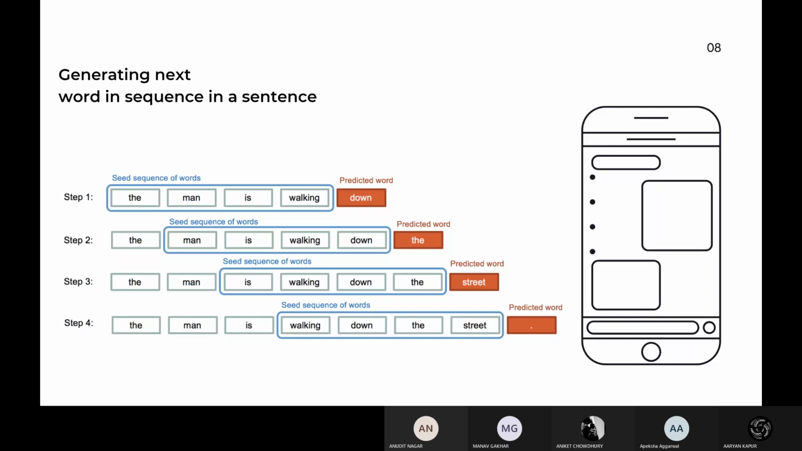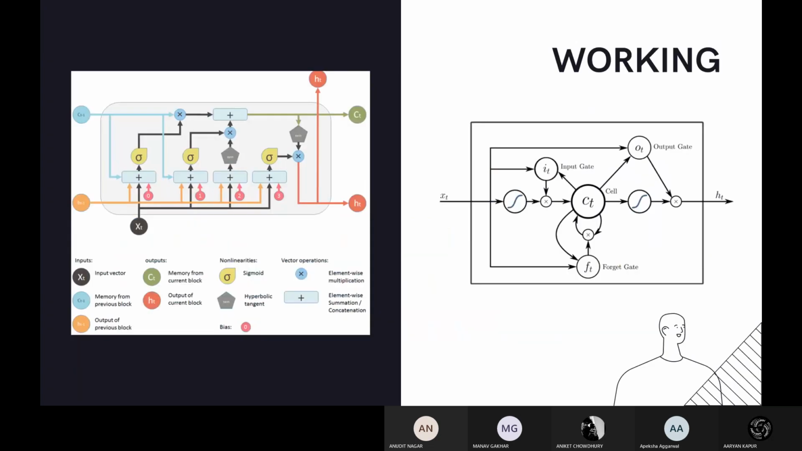So this is how we are completing and basically generating text to complete a sentence word by word. This is basically the basic working of the system. As we can see on the right, we have our input, our basic data stream going through a sigmoid function, going through a tanh function, taking input from the input gate as well,